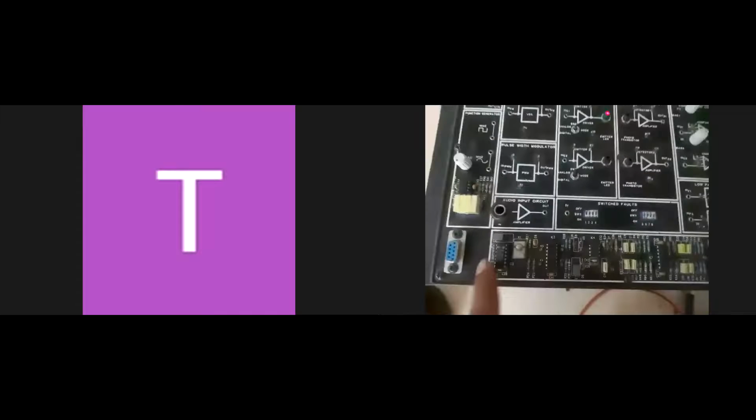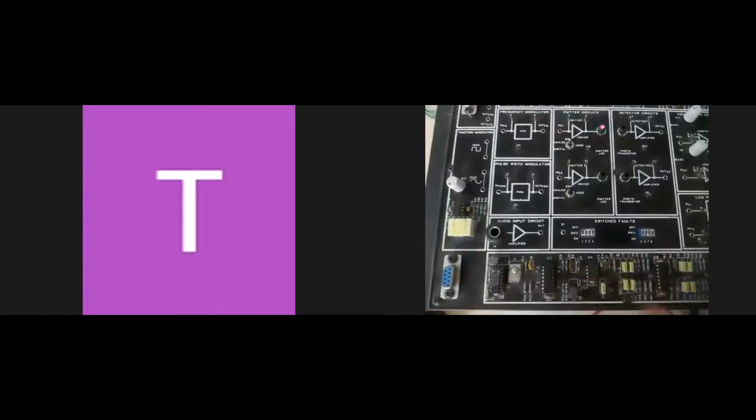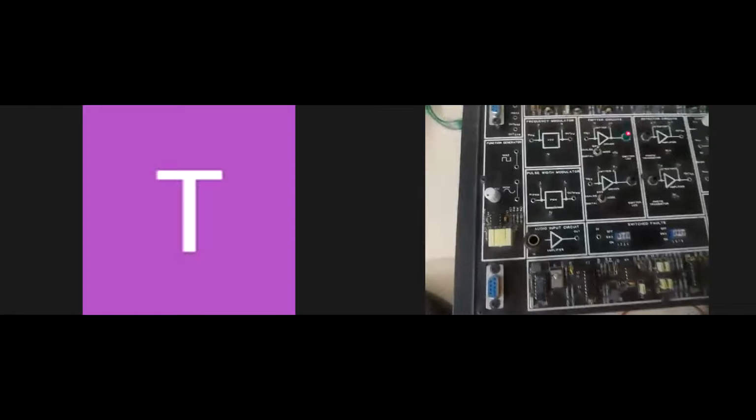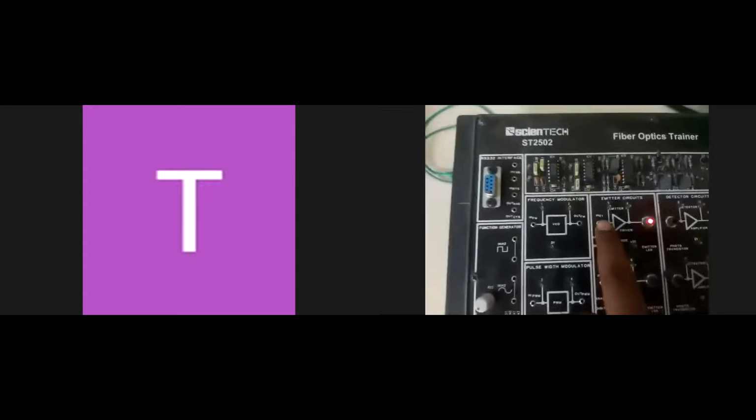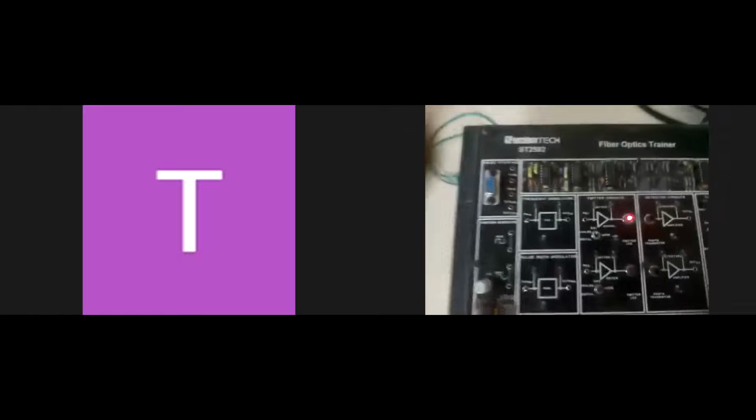And this block below is the power supply block. It is generating the DC power supply which is required for the next blocks for its operation. Then this is the emitter circuit. Emitter, this is nothing but the transmitter. Now for example, if we look at our first experiment, we want to transmit an analog signal, so what I will do,